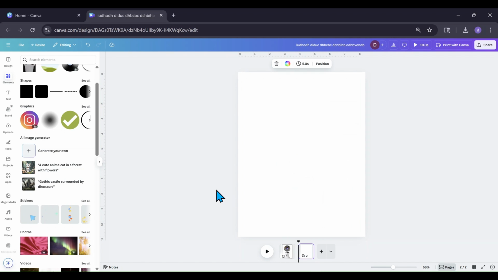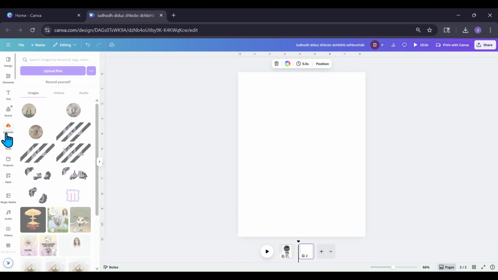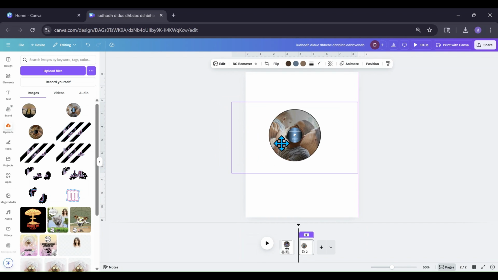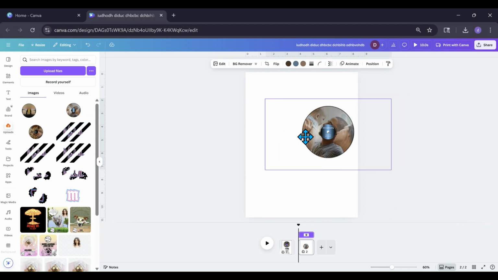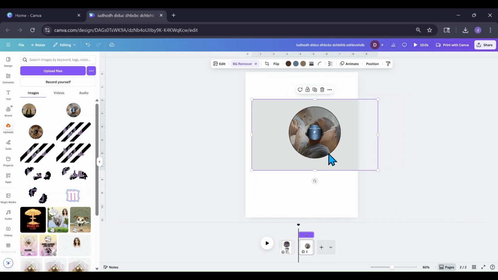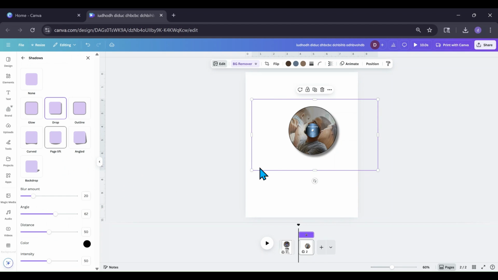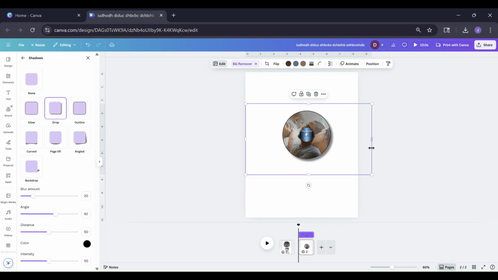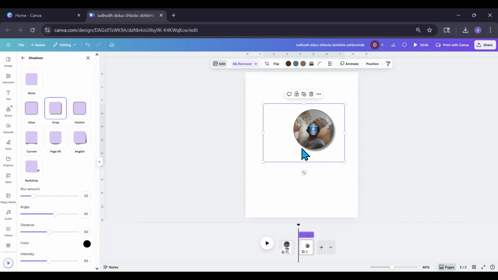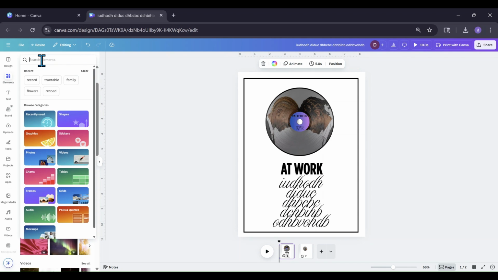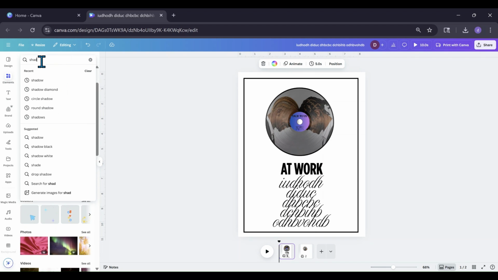Let's see, I have some that, of course, I played with earlier and made. So let me go into my uploads, grab one of those. We'll grab this one. All right, so I brought that back in. Remove the background, and then you can go into edit, shadows, drop. So you can download it as a PNG, remove the background, and that'll give you a shadow. The other thing you can do, if you have this and you don't want to do that, you can go into elements,